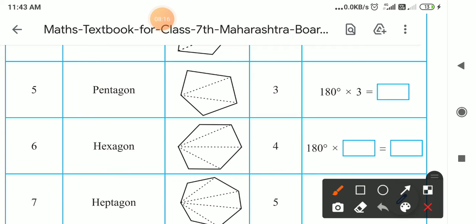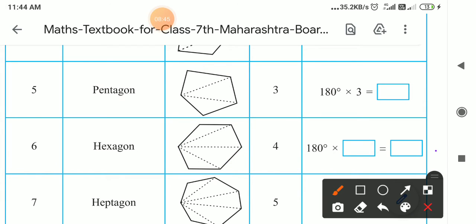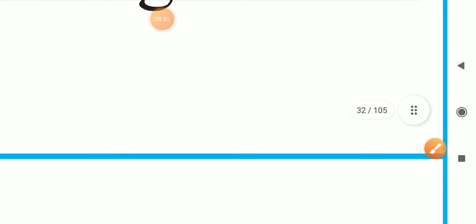So if you see here, you will notice 6 sides. How many sides? Hexagon. 1, 2, 3, 4, 5, 6. Generally we draw the pentagon and hexagon in rangolis, or you studied Panchakon and Shatkon. Hexagon means Shatkon, pentagon means Panchakon. So these are designs we draw in rangoli, but what is the measure of its angles, that we don't know. First of all, a hexagon means having 6 sides. So I will draw a hexagon and we will learn the property.